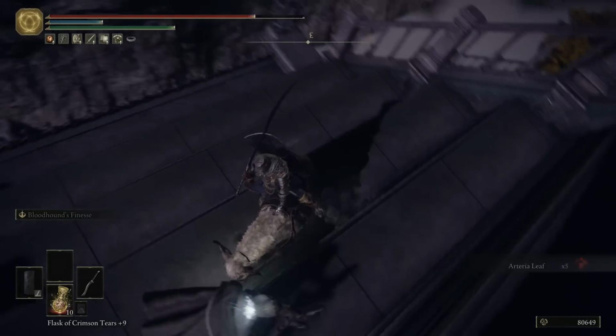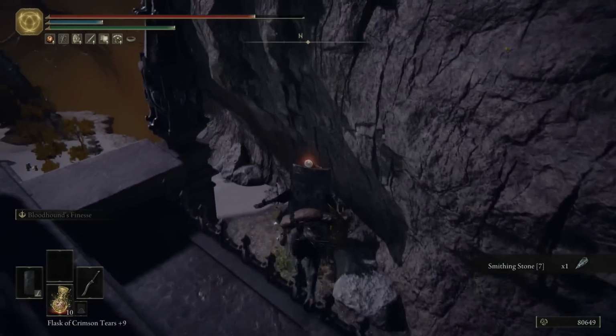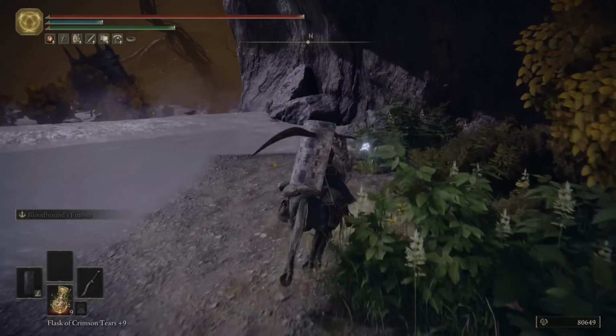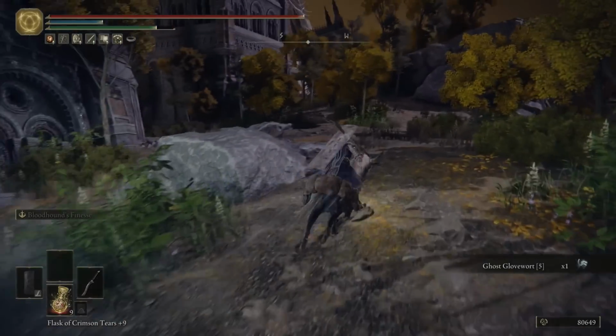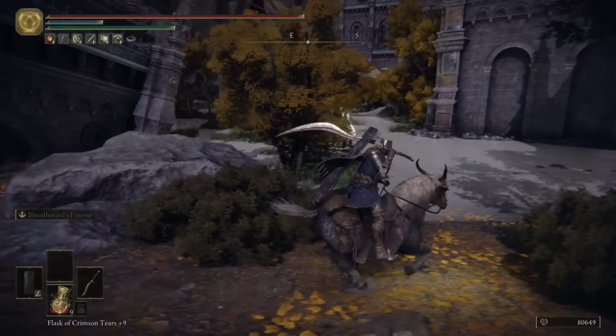And I took some damage, but come on, pick it up. Can't pick it up. There we go. That's a normal smithing stone, level 7, which is nice. Let's pick this up. This is a ghost upgrade, and I'm not going to fight those ants. I'm just looking around right now, but there is another grace that's over here, and some of these